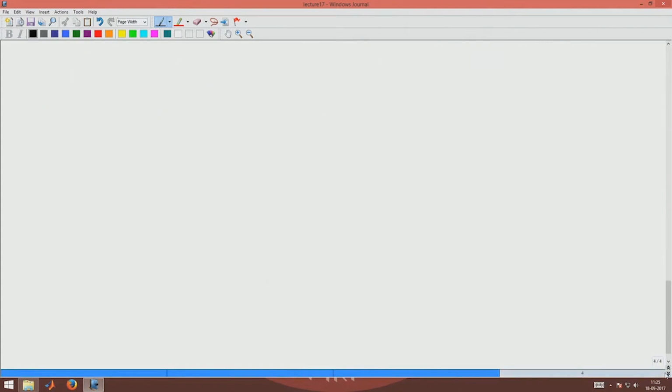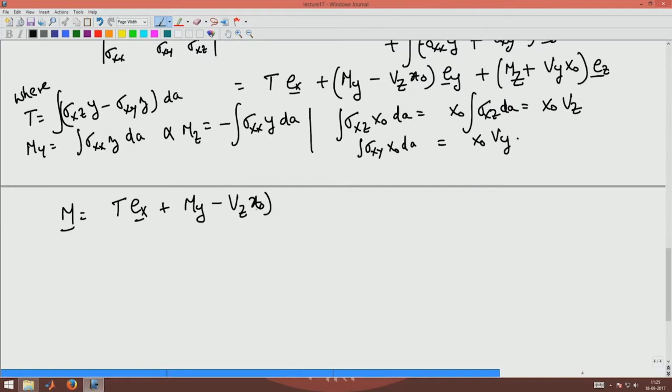Let us proceed. Moment m is given by T Ex plus My minus Vz x naught into Ey plus Mz plus Vy into x naught Ez. Where this T is called the torque,